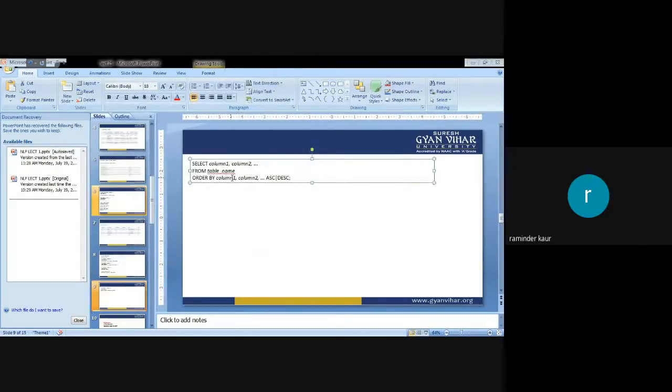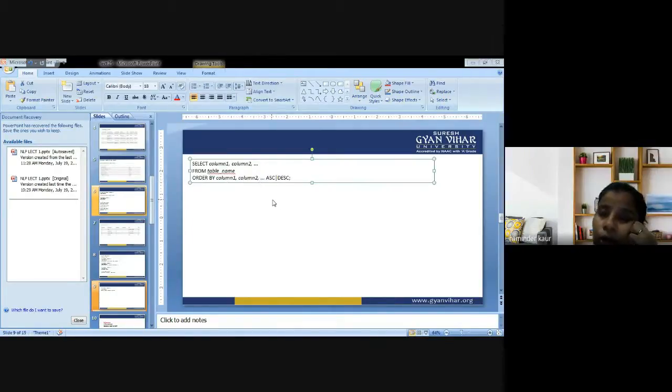It could be any table name. Order by column number 1, column number 2, whose values could be arranged in ascending order or in descending order, I have to choose any one of them. So how are we supposed to operate the same query?